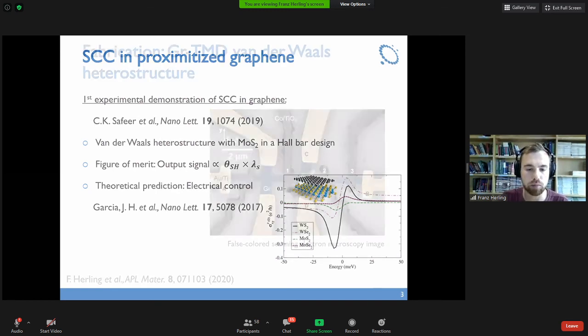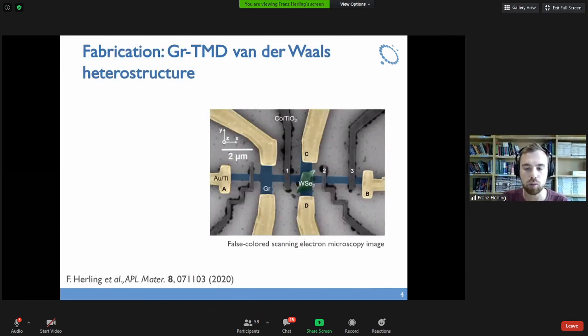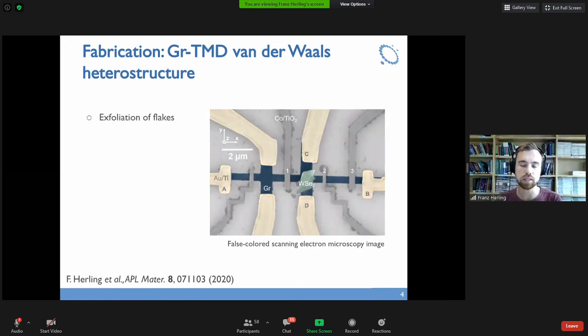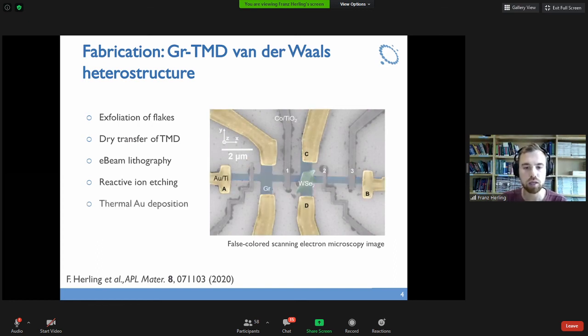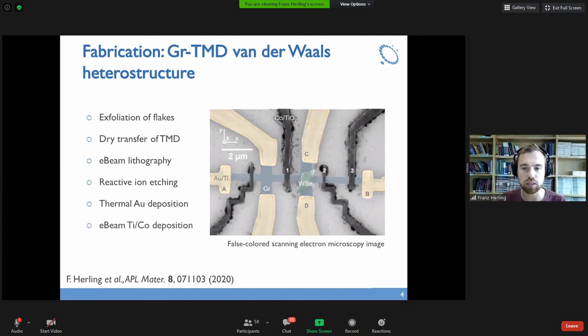And the experimental platform for this is, like I mentioned, this double Hall bar design of graphene with a TMD on top, and you can see an image on the right side. The way we fabricate is that we exfoliate the graphene flake on silicon oxide. And then we transfer the TMD on top of the graphene and anneal the whole structure. In the next step, via e-beam lithography and reactive ion etching, we structure the graphene into this double cross shape. And then via thermal deposition, we contact it electrically and add cobalt titanium oxide electrodes for injecting spin currents into the